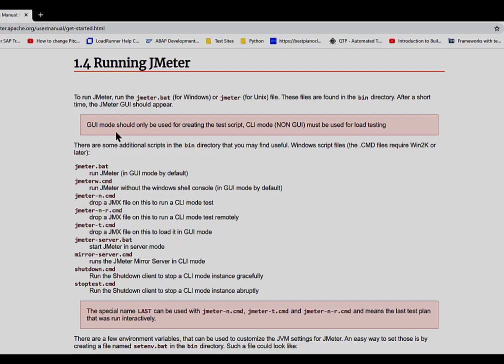GUI mode should only be used for creating the test script and of course for debugging the test script itself. But then CLI, or command line interface mode, must be used for load testing. So there's a statement here encouraging you to always run production or test, load test, stress testing, and so on using the command line interface rather than doing it in